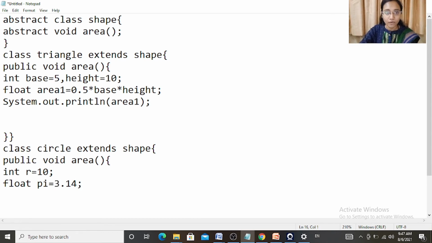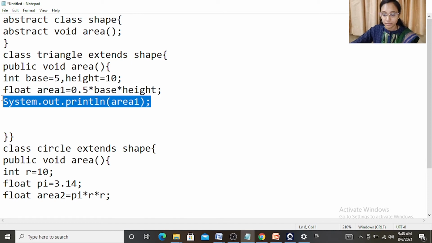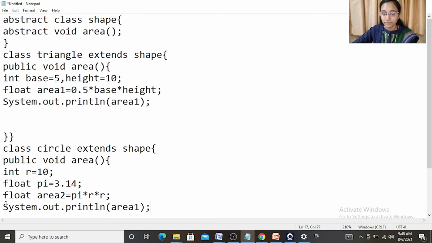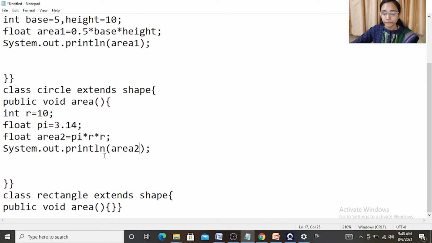Now area of circle is pi r square. So float area2 equals pi into r, and then print area of circle.